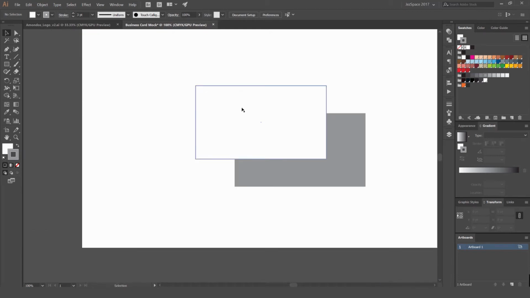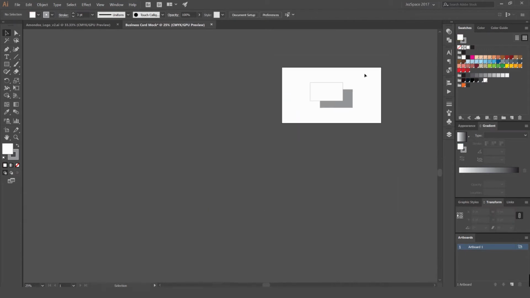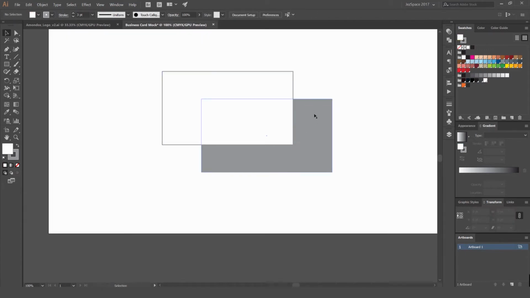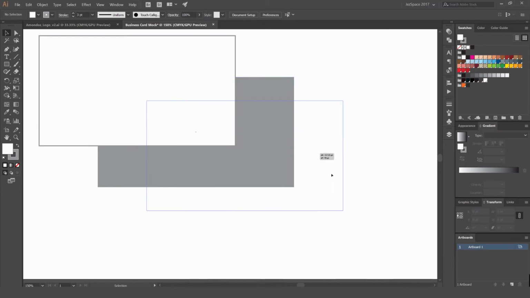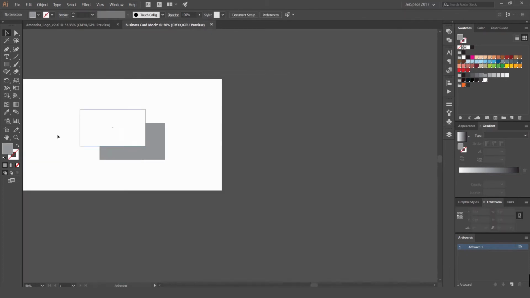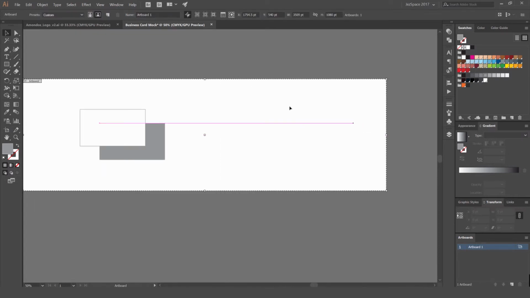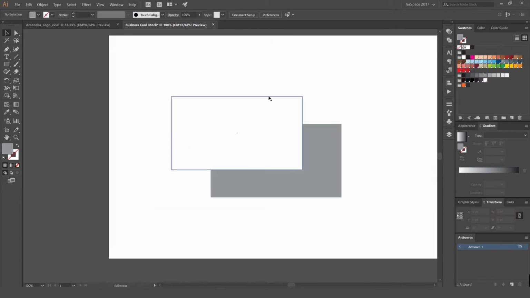And maybe this business card is going to be black. Sorry, not black, just white. But if you want to make it a color, then we can turn it and make it a color or whatever. But we're just going to leave it white for now. So we've got our card in the background. We're presuming that this card is going to be single-sided. If it wasn't single-sided, then we won't have this behind there, and we'll have it next to it, which I'll probably do next as well, and I'll show you how to do that. So we've got this, and now we'll just quickly make